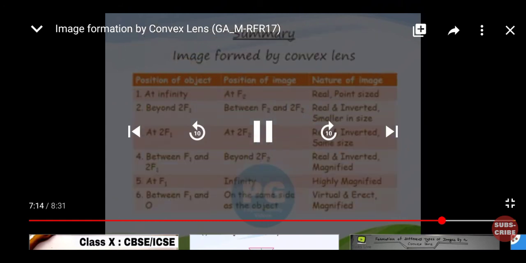Here is a summary of images formed by a convex lens. When the object is at infinity, the image is formed at f2, which is real and point-sized. When the object is placed beyond 2f1, the image is formed between f2 and 2f2,